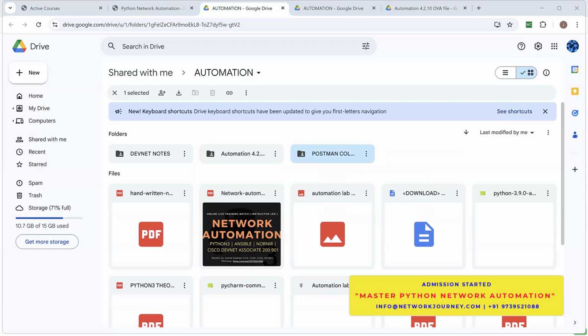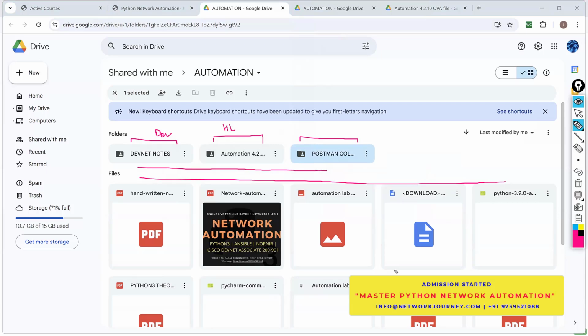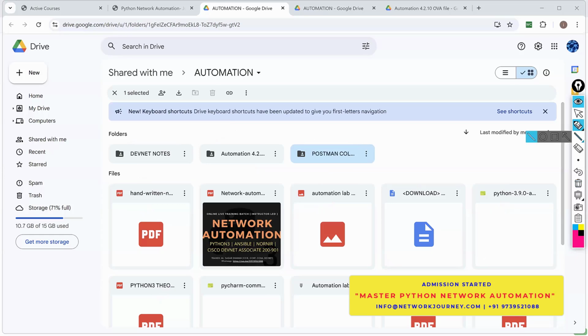Give me a second. Let me open a writer. See, there is some Postman collection, which we will discuss during the DevNet syllabus. This is where your home lab is. This is where your DevNet notes are. These are folders, and these are some files here. You can find Python programming. You can find some PDFs, some theory material, management IP material,